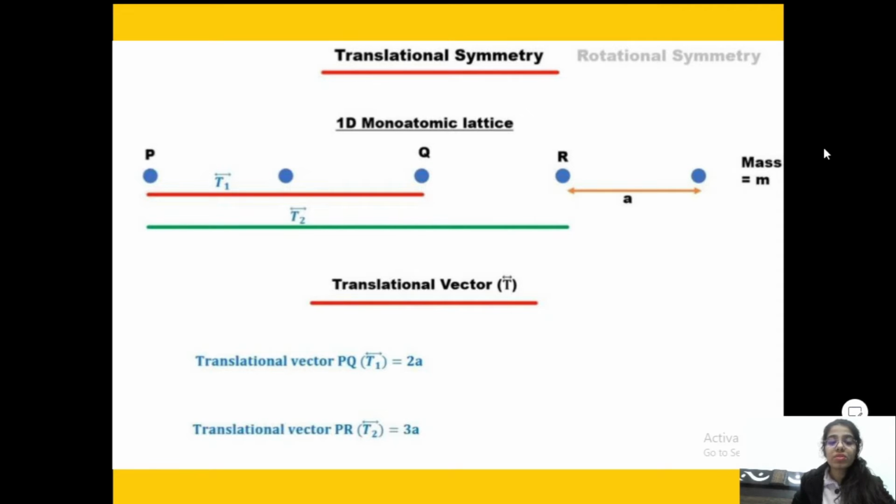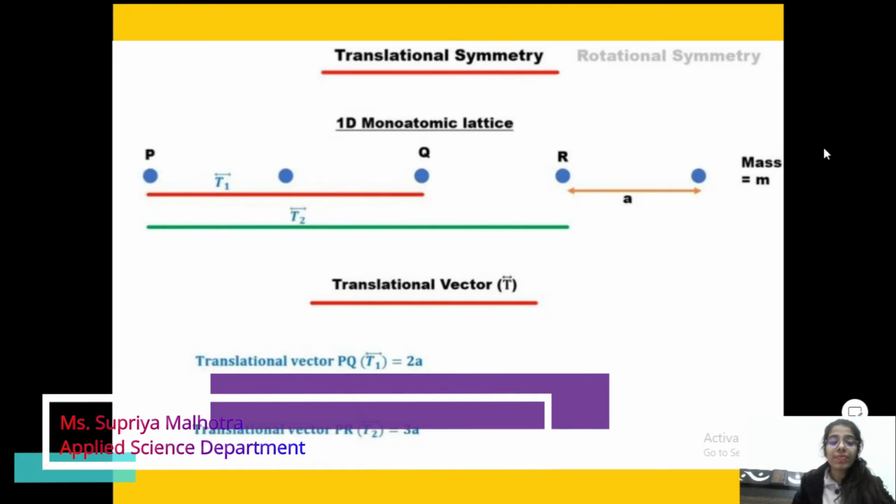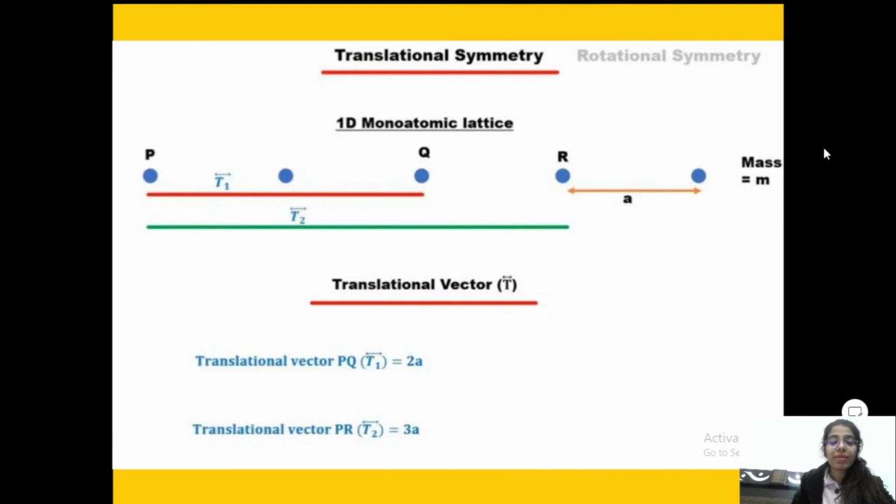In this figure, the translational vector is T. The atom Q is present at 2a distance with respect to the atom P. Therefore, the translational vector between them is 2a. Similarly, the atom R is at 3a distance with respect to atom P. So the translational vector between P and R is 3a. This is